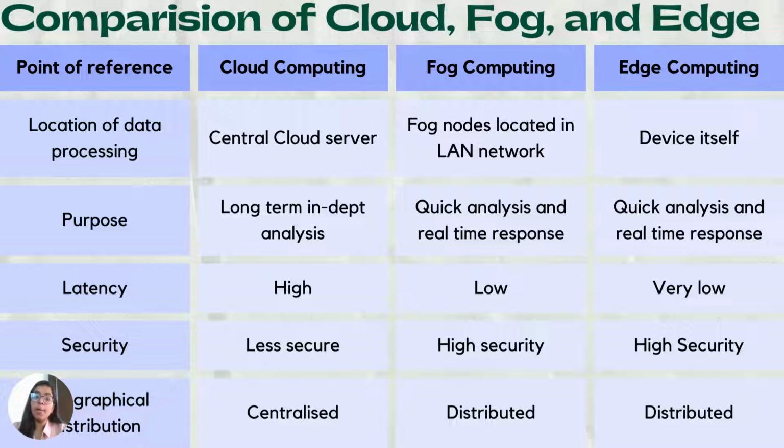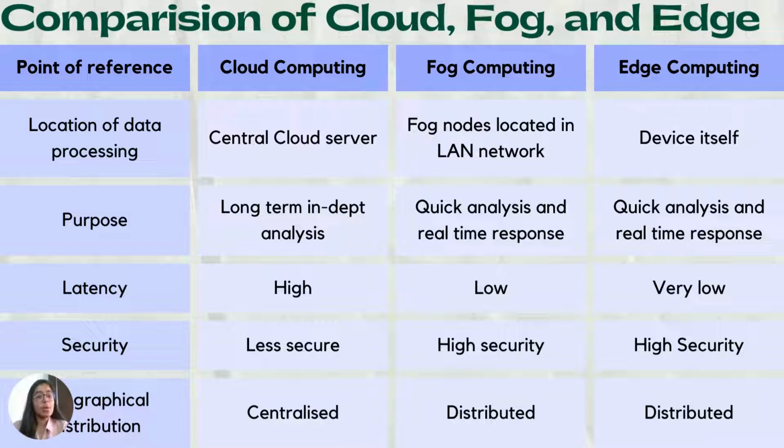Here I have drawn a comparison between fog, cloud, and edge computing. Talking about the location of data processing, where the data is processed: in cloud computing, the data is processed in the central cloud server. In fog computing, data is processed at the fog nodes that we have created, which are located in the LAN network. And in edge computing, the data processing takes place within the device itself on which the services are being